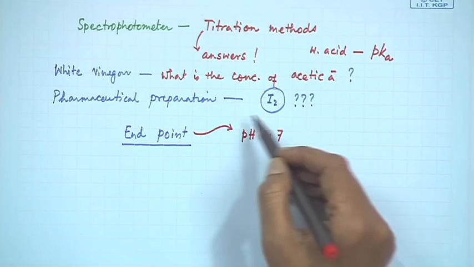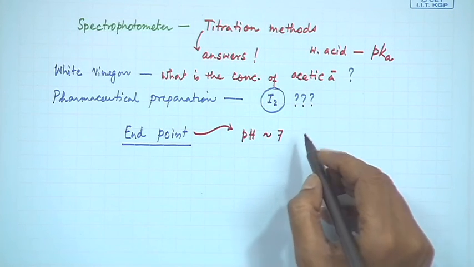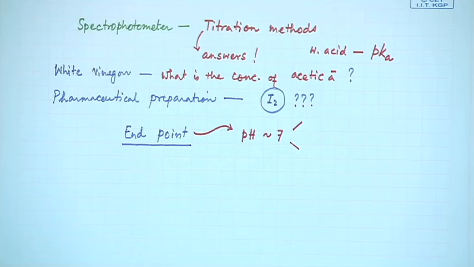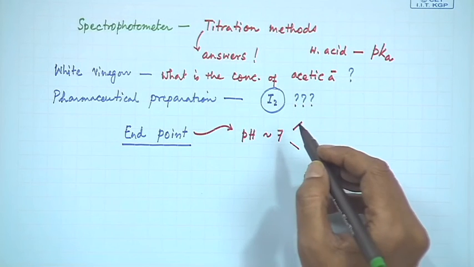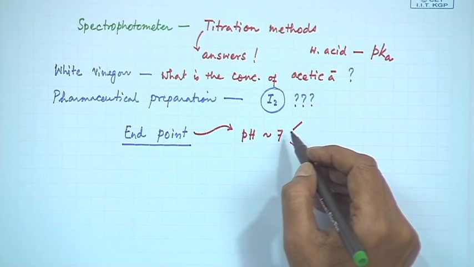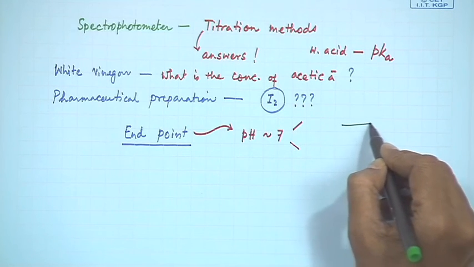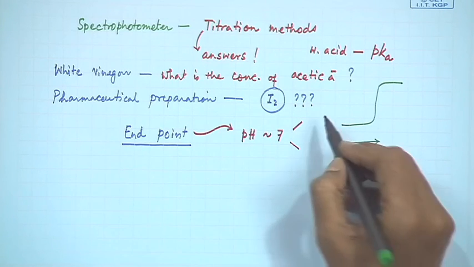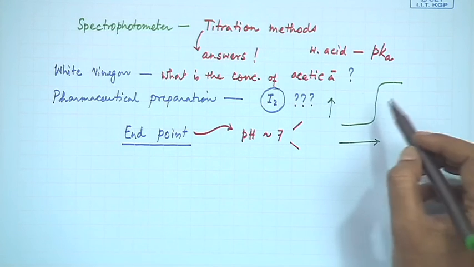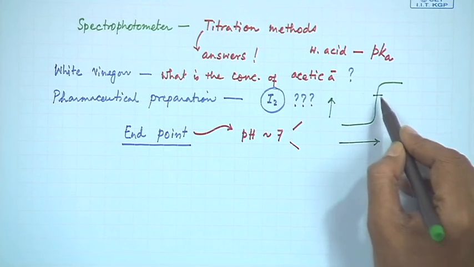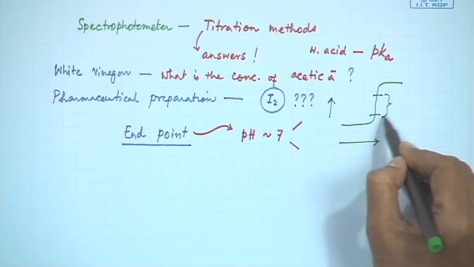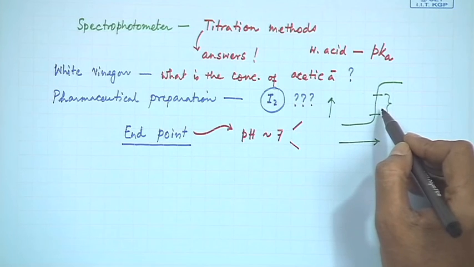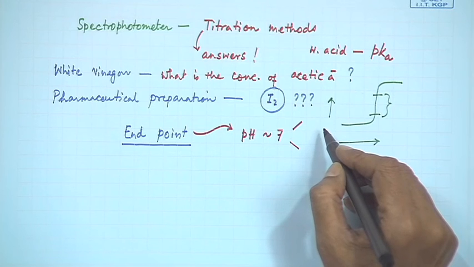So, we all know how the pH is changing, but when we are handling two colorless solutions, your acid is colorless, your base is also colorless, how can we detect that particular change? So, when we see that there is a sharp change like this, as we go, this is the volume axis and this is the pH axis. When there is a sharp change and we focus our attention over here, at this particular range, how can we detect this particular change?